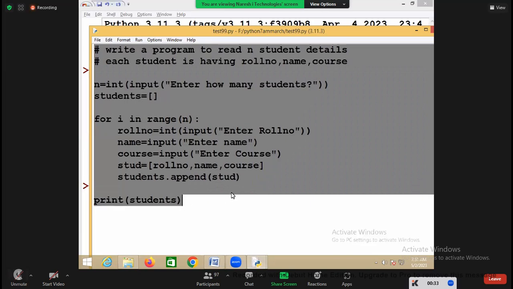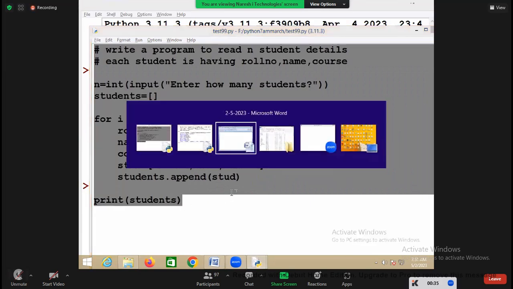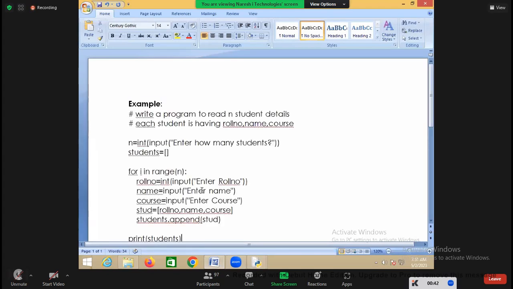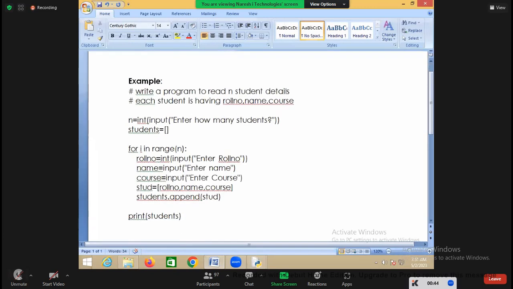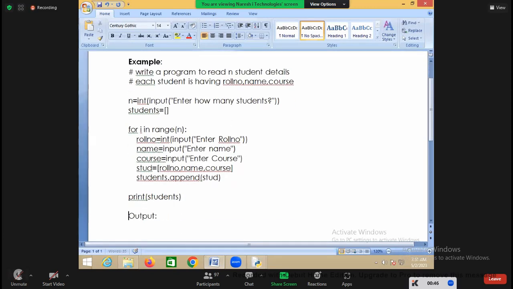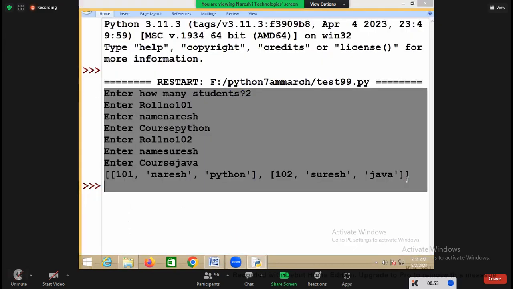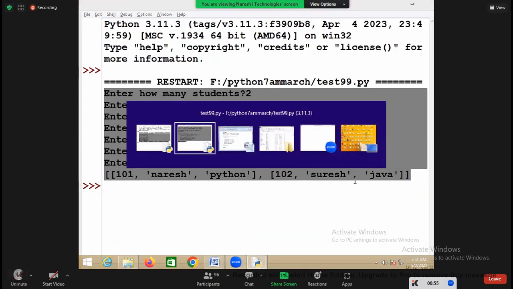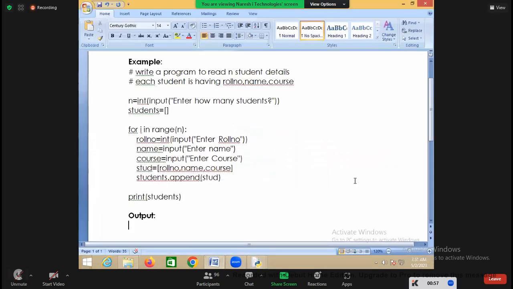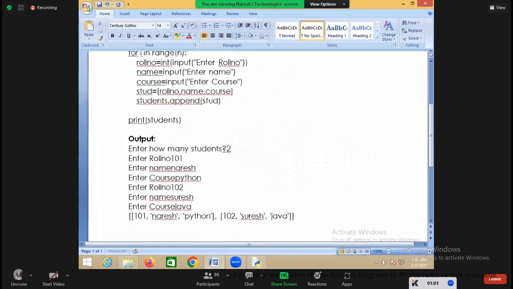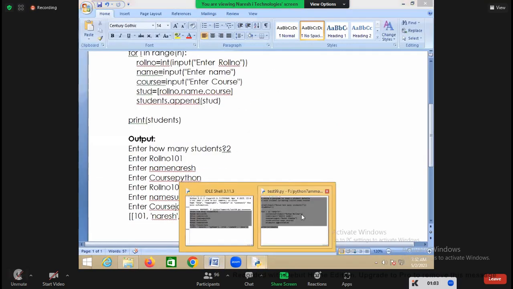So let us see here. For example, I want to write a